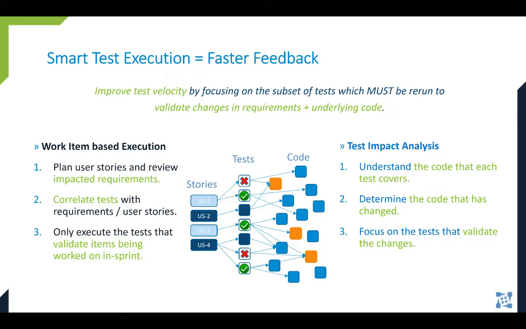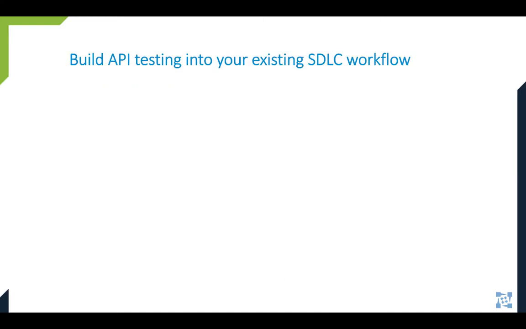Of course, you still need to do full regression as you near the end of the sprint, but with TIA, you don't have to do it every time. Or what's more likely, you don't have to skip in-sprint testing and thus create a fire drill situation come the end of the sprint. Here's the entire process in summary.